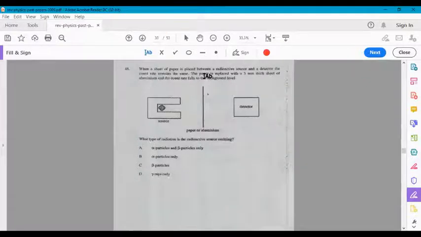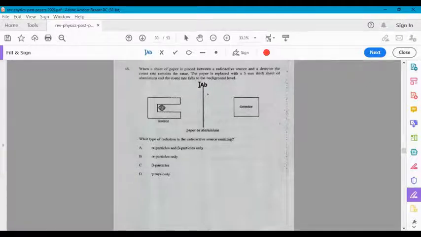All right, so the type of radioactive particles that are blocked by paper are alpha particles. And we're told that when there's paper in there, the count rate remains the same. So that means whatever is coming from the source is unaffected by the paper. That would not happen if there were alpha particles coming from there. The alpha particles would be blocked by the paper and then it would not reach the detector. So the count rate from the detector would be lower. So that means that it has to be